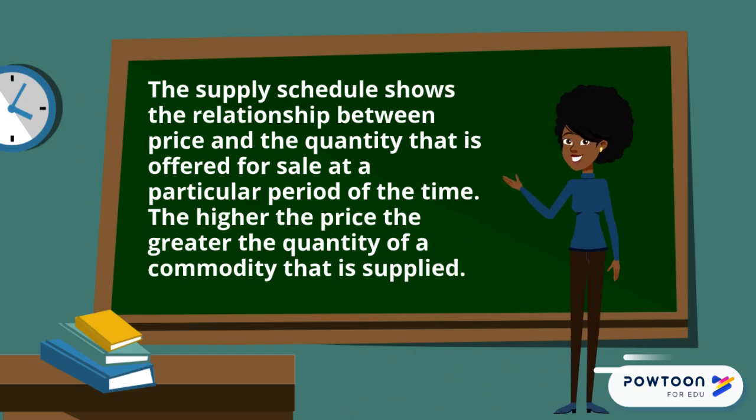A supply schedule shows the relationship between price and the quantity that is offered for sale at a particular period of time. From the schedule, it can be seen that the higher the price, the greater the quantity of a commodity that is supplied. This tendency of a supplier to supply more at a higher